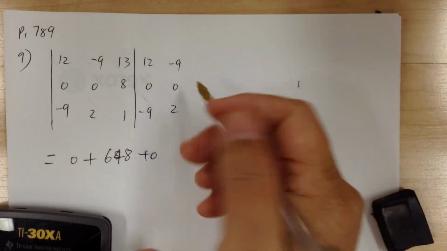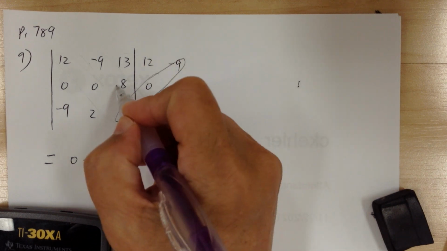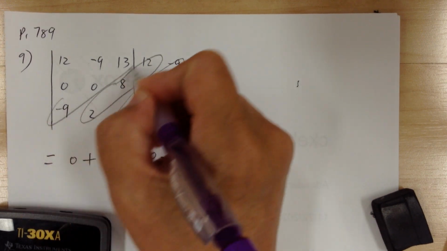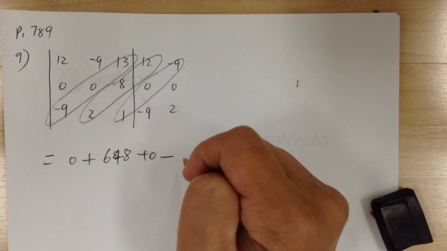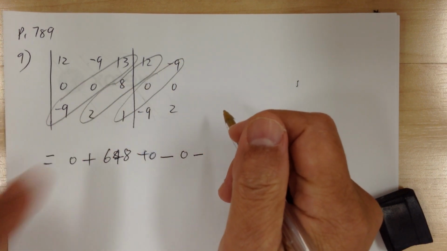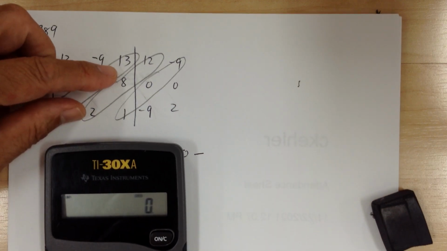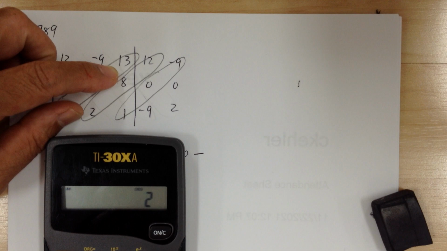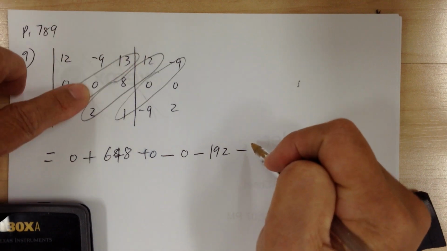Let's go this way. So minus. Okay, we have to get the 3 diagonals. Okay, as soon as you see a 0, it's going to be a 0 minus. Okay, this one, let's go and multiply out. So 2 times 8 times 12, okay, 192, and minus,